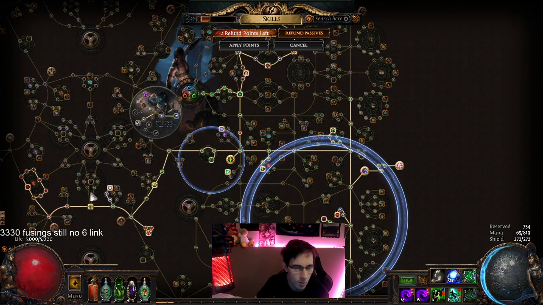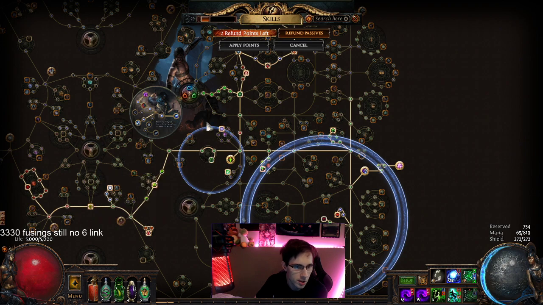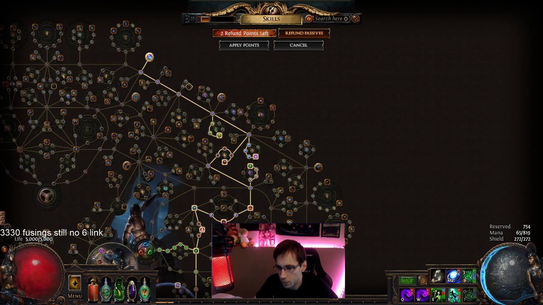Or if you do have a Watcher's Eye even, or if you need a jewel slot, you can put 3 points here, get some resistance, and get the jewel slot. Even another resistance point here. And on top of the tree, if I was able to afford the helmet that drops in Mastermind, I could